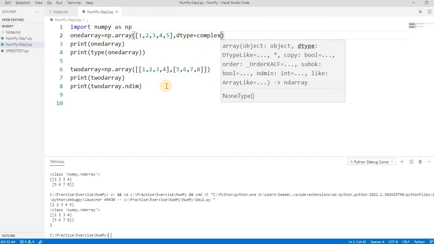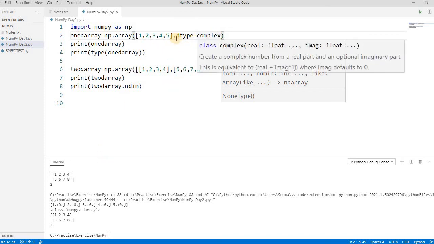Complex is a data type in Python, if you've heard about this. If we say something like 1, it is denoted as 1 plus 0j. Now if you print here, by default it will convert this into the complex type. So 1 becomes 1 plus 0j, 2 becomes 2 plus 0j, 3 becomes 3 plus 0j. Let's print this. See here, 1 plus 0j, 2 plus 0j, 3 plus 0j. So it converts this array into complex. We have defined the data type here, so even though we are not passing a complex object, by default it will format it.